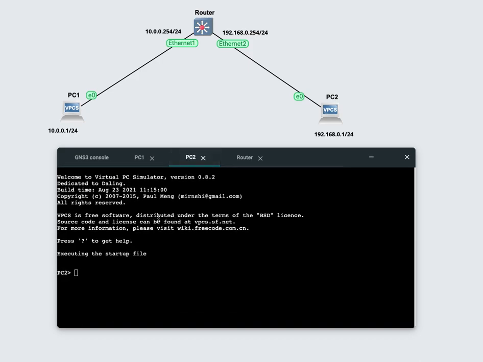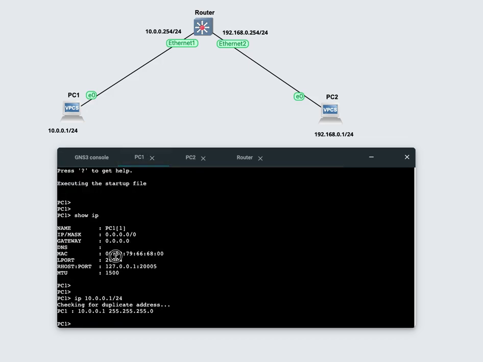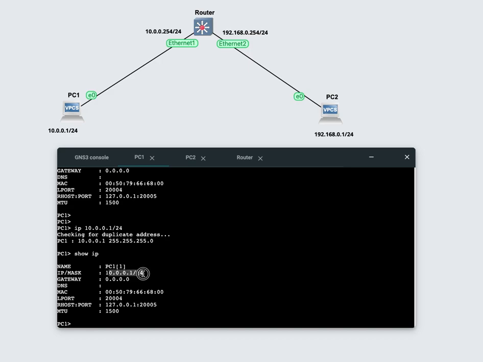And let's give the IP for PC2 as well. So now we have two PCs configured with the IPs. As you can see, this PC has 10.0.0.1. So when we try to ping 192.168.0.1,